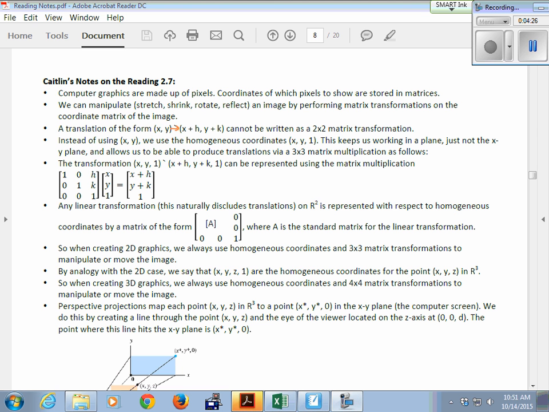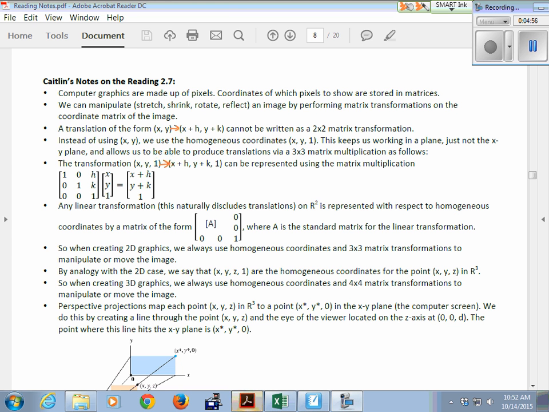Instead of using xy, we use the homogeneous coordinates xy1. This means we're still working in a plane. It's just not the xy plane. It's 1 unit above the xy plane. And it allows us to produce translations via 3x3 matrix multiplication. So if you want to translate xy1 to x plus h, y plus k, 1, you can use this